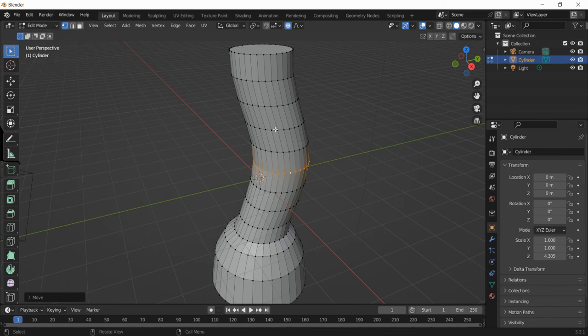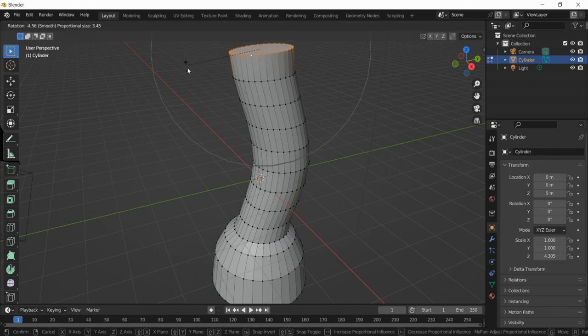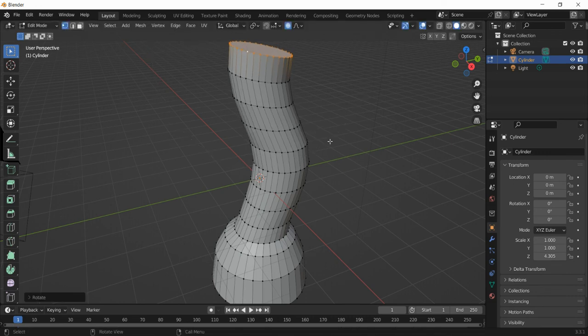And then finally, we're just going to select the top of the trunk up the top here. Okay, so like we did before, we're just going to click and then hold down Alt and click the top ring there. And I'm just going to press R on the keyboard, and I'm just going to rotate that palm tree in a direction. Okay, maybe something like that. Again, because we're using this proportional editing mode, when we move something, it's also editing the rest of the model to make it look reasonably natural. Okay, so I'm just going to put my rotate there.